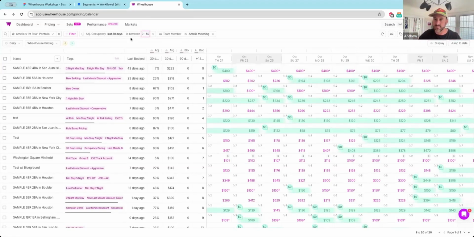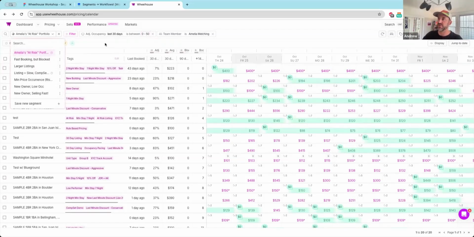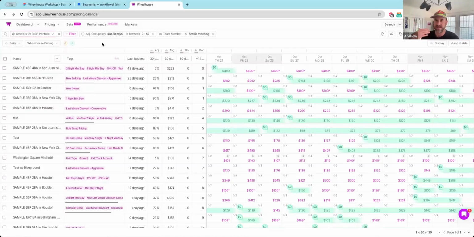But for folks who have teammates, I really like the combination of a filter that combines a teammate and some performance, especially if a new team member has joined your team. You might want to talk to them about their revenue strategy. You might want to collectively say, these are the at-risk properties, these are the ones we're going to start our meeting with, for example. Teammates combined with a metric can be interesting and valuable.